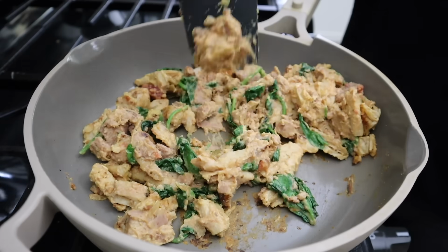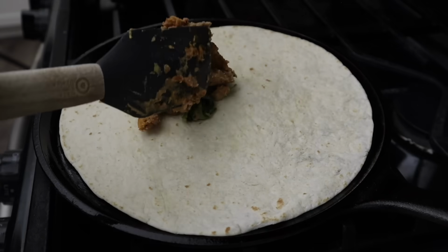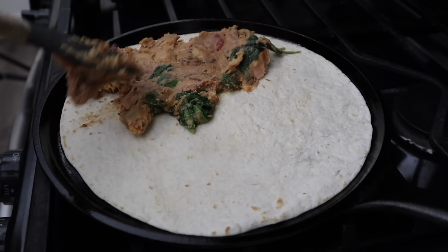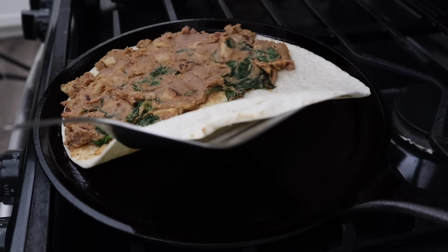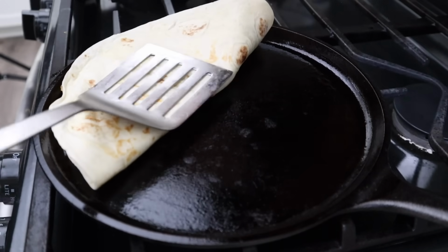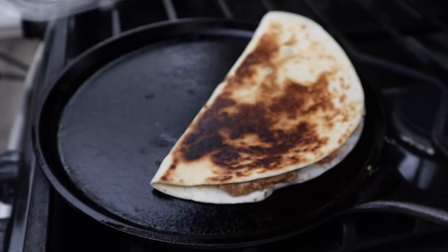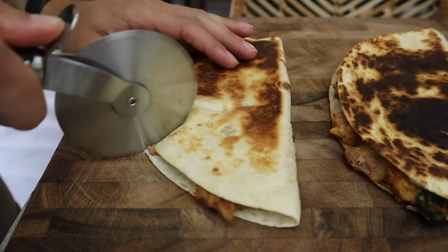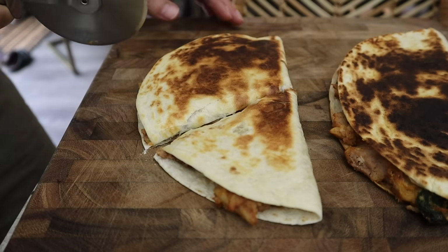So basically we just had some flour tortillas, and we put that onto our skillet with a little bit of oil. We spread in the filling, and then we just cooked it until it was nice and brown, nice and toasty on the outside. Ow! Then we just cut it, we served it with some salsa, and I also had this Olipop orange soda, which